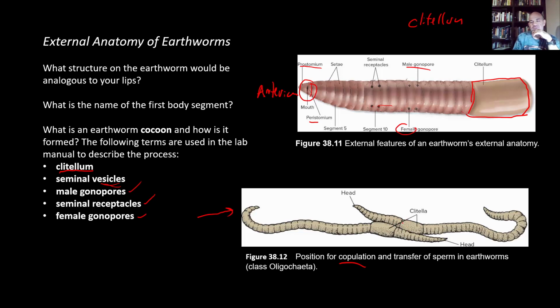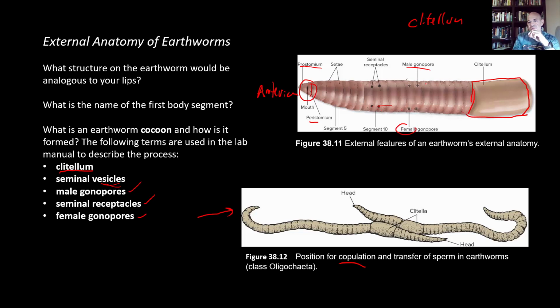And they're able to transfer sperm to the surface of the body of the other, and then the sperm move into the seminal receptacles, seminal vesicles, right? So when the time comes after they've finished mating and they go their separate ways, each earthworm is going to produce this mucousy-like material from the clitellum at the surface, and then with rhythmic contractions causing them to blow up or expand a bit, not explode, but expand a bit, that's going to force a band of mucousy material